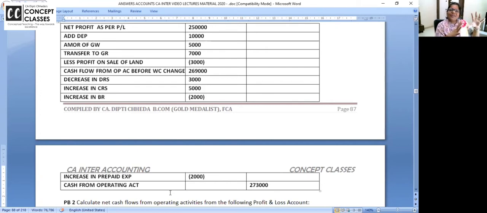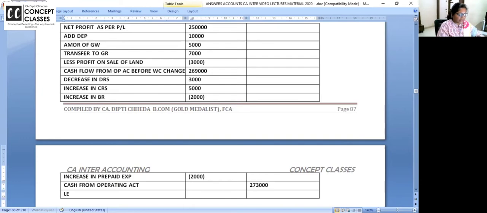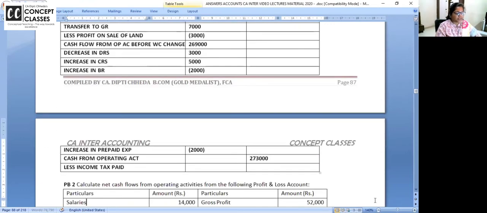Your concept is over. Now mix all the three concepts. Cash from operating activities is 273. Cash from investing activities is what you got yesterday, and cash from financing activity. You will come to know where from the money has come and where it has gone. Two things extra I want all of you to write here. When you get cash from operating activities, do write here less income tax paid. It's not there, write it nil, but just to show you this parking space.